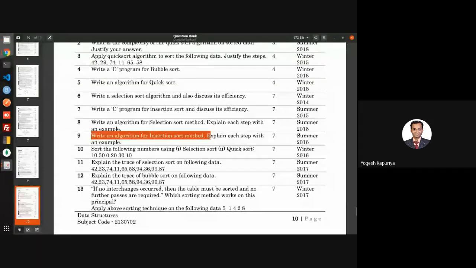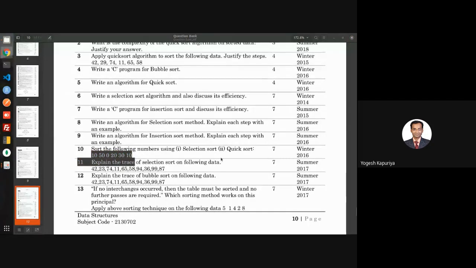Again insertion sort. Okay. Sort the following number using selection sort and quick sort. No need to write the algorithms, remember. It's a 7 marks question, but there are two methods and this one. So there is no mention of algorithm, so no need to write. Whenever you have been asked that explain quick sort, that means algorithm is to be written. Explain selection sort, algorithm is to be written. Write an algorithm, algorithm is to be written. But sort the following number using this, no need to write down the algorithm. You can simply write the steps or iterations for these numbers using the method which have been asked.